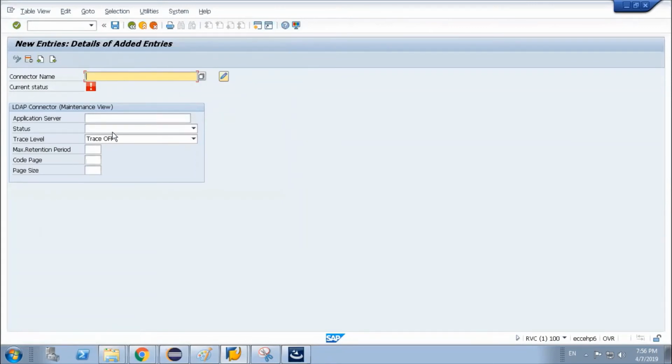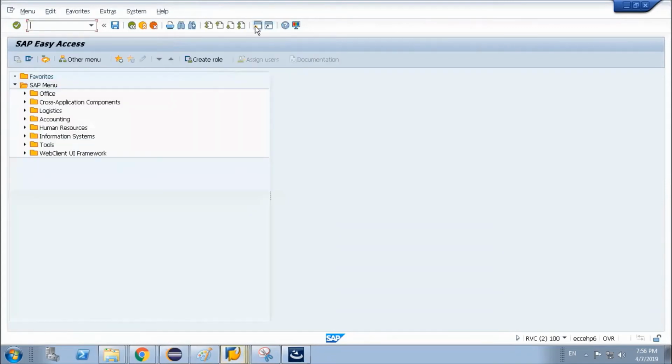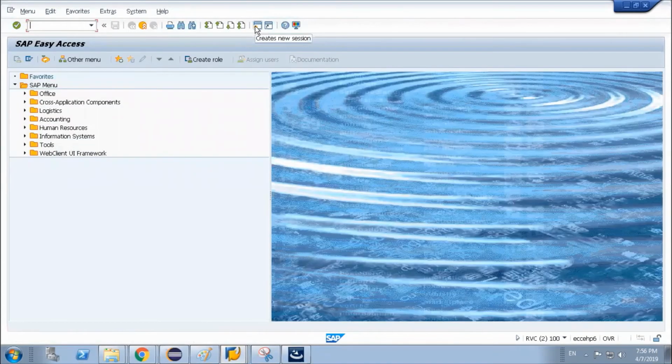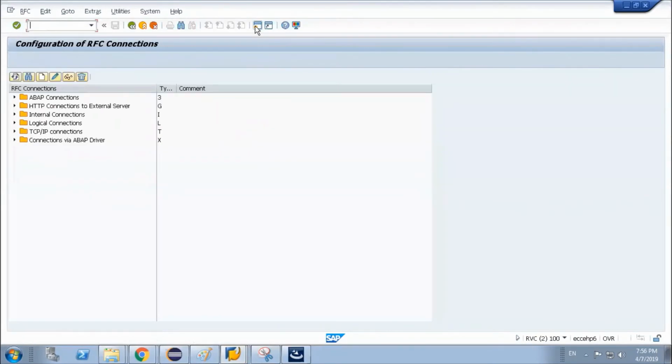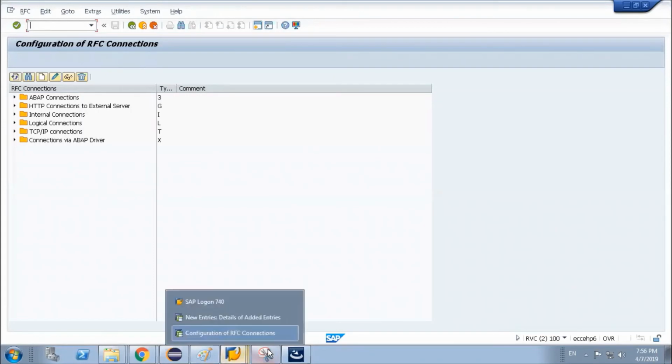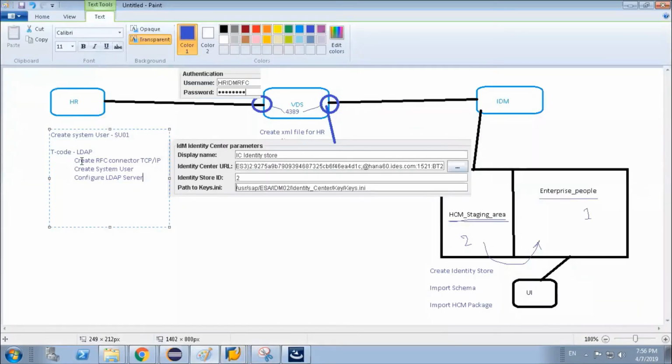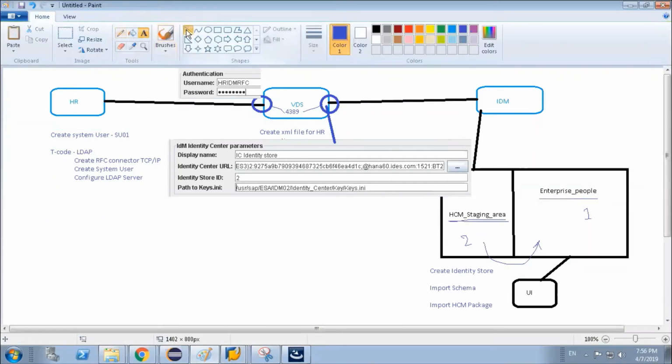But in order to give this connection name, what we have to do, we have to create our connector. SM59, we have to create the connector.